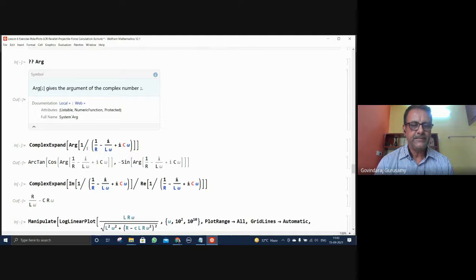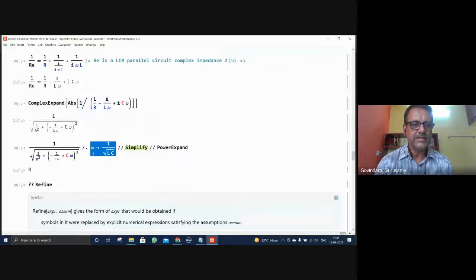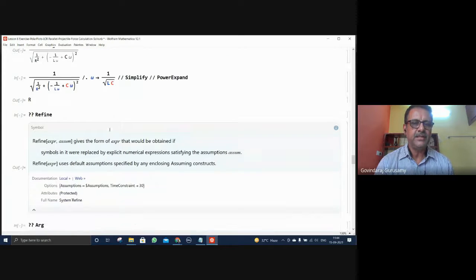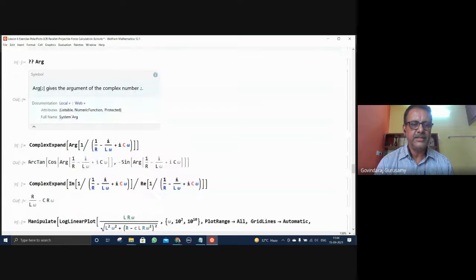Complex expand, find out the argument of this complex quantity. This is a complex quantity. I want to know what is the argument, which is the theta you are interested in. Argument is nothing but the theta, which means cos theta, sin theta divided by cos theta values. You can see the complex argument, cos of this argument, sin of this argument. That's what it means. Okay, you find out the absolute values and then take a sine and divide by cos,